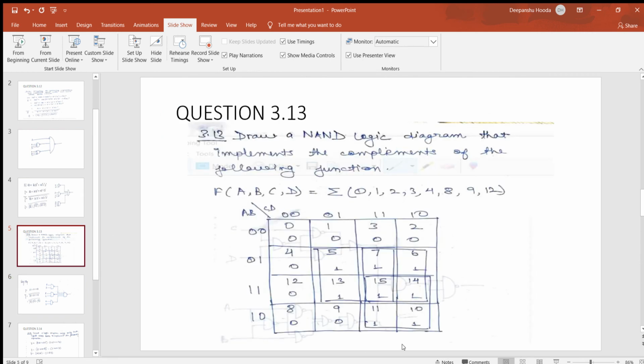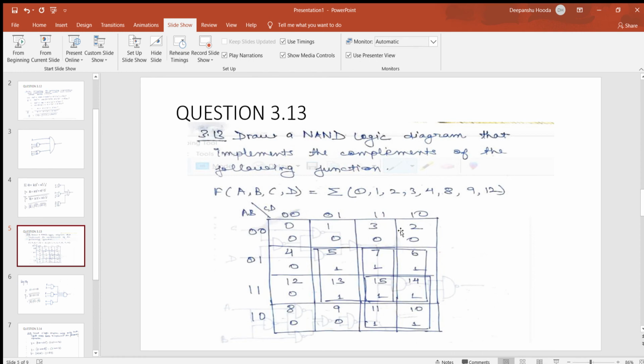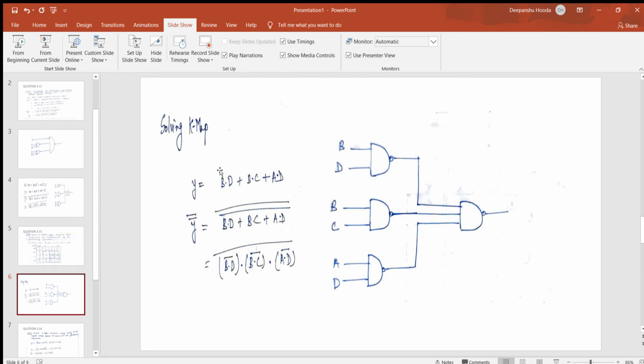And in the last square, we have A, because A is common in all these, and C. So we should have A dot D. No, sorry. Instead of C, we have D common here. So we did this and used all this again using the involution law. We converted this, and here we have B dot D, which represents this, and the NAND gate. Then we have B dot C and the NAND gate, A dot D and the NAND gate, and this whole NAND gate. So we have solved this question also.